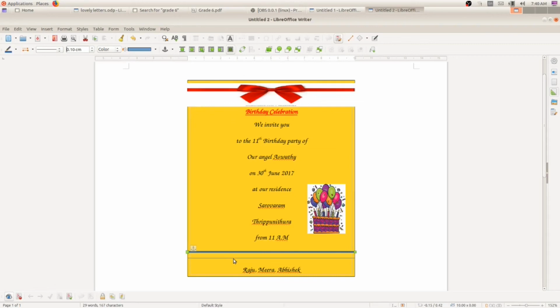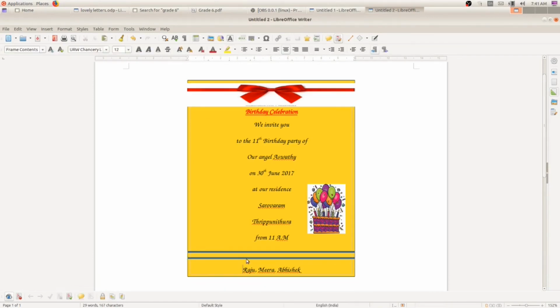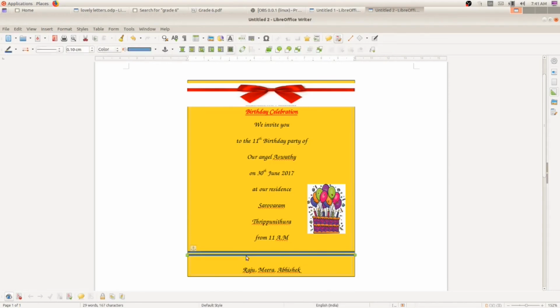Likewise, you select this line, go to line width and increase the line width, click on up arrow. Now it is increased. Now I am going to move this line just like this. Okay, so you see your textbook, you can see two lines like this.